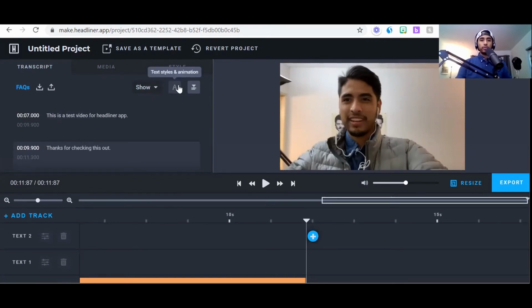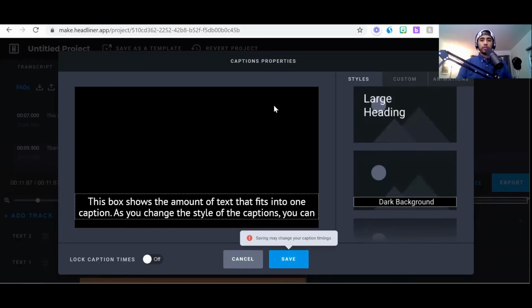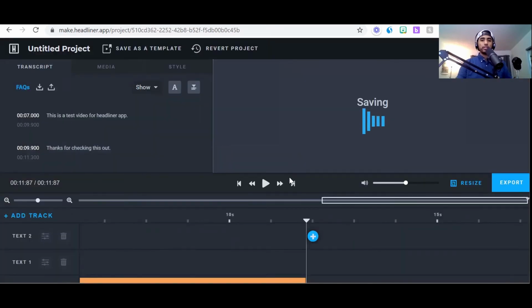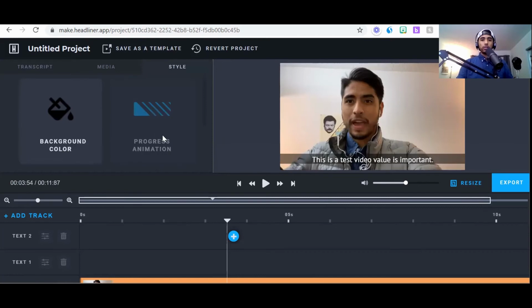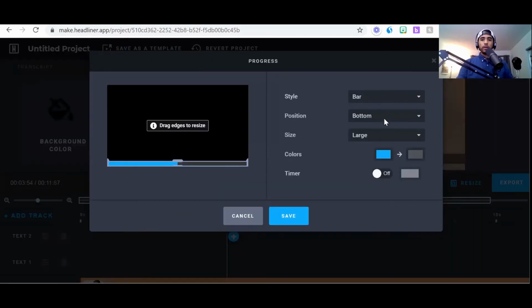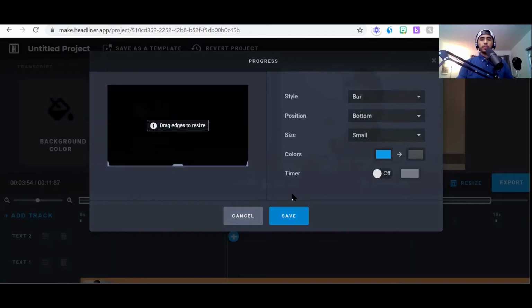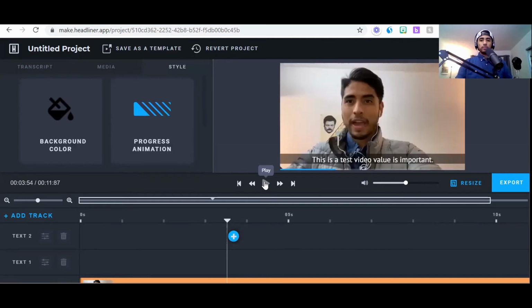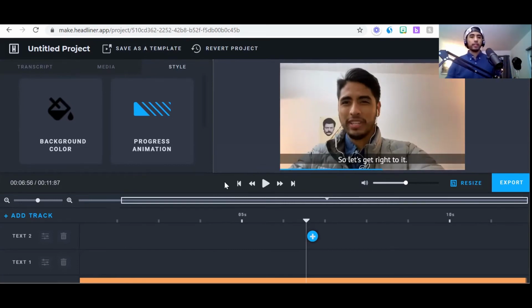A couple things we can do here is customize the captions. For example, I like to do the dark background with the bigger text. That's just something that I prefer. You can also go into style and add a progress animation, right? So if we have a bar at the bottom that's small, and save, as you can see, the bar follows the video as it progresses. Again, it's fairly easy. Just like that, I've been able to add some captions here,